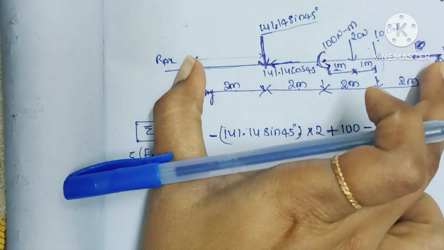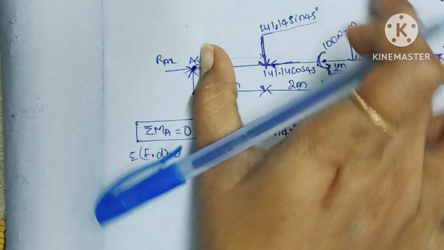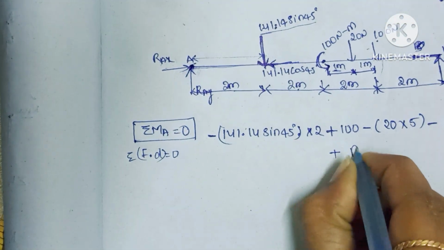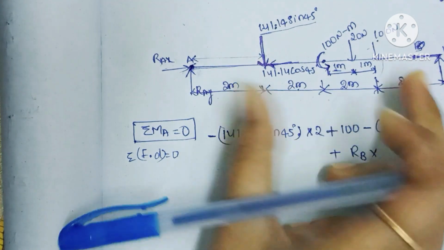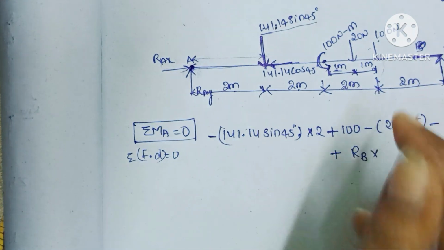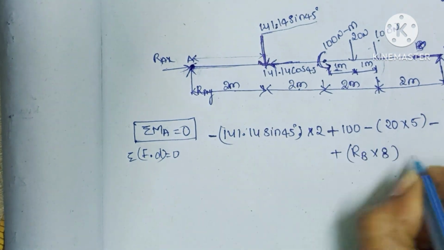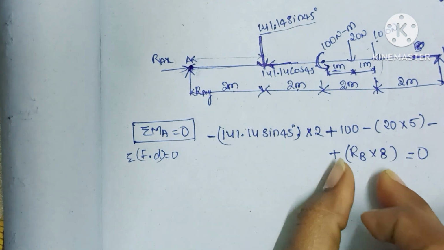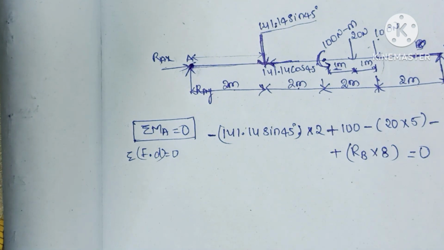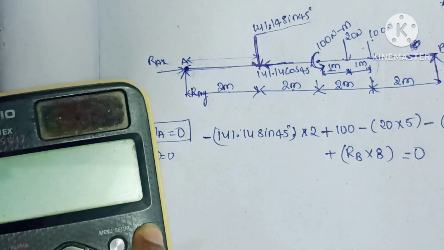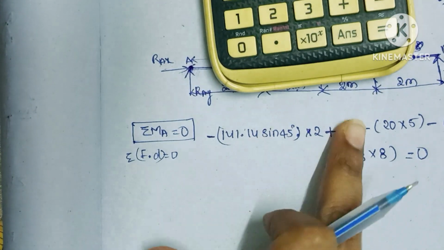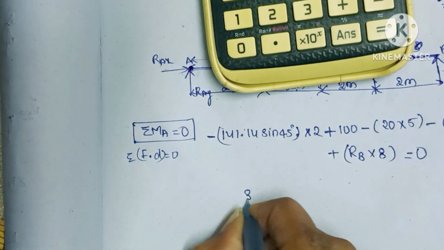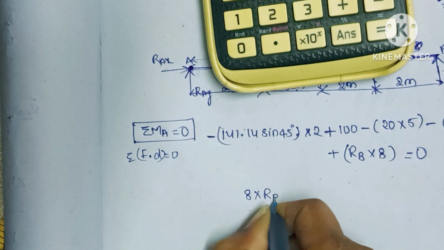And from here to here, this force is acting in anti-clockwise direction. So plus RB into the perpendicular distance, which is the total length from here to here, that is 8, which is equal to 0. Okay, from this equation we can find the RB value. Now I am taking everything to the right hand side, keeping RB on this side. So 8 into RB, which is equal to